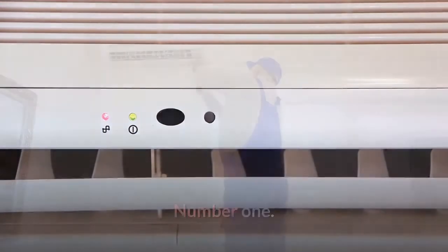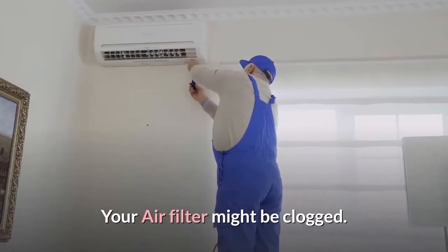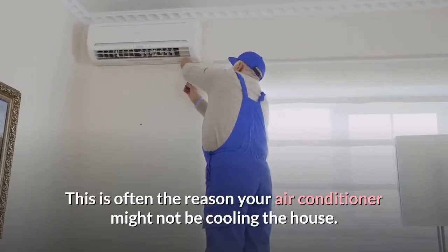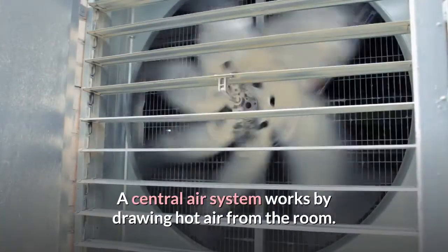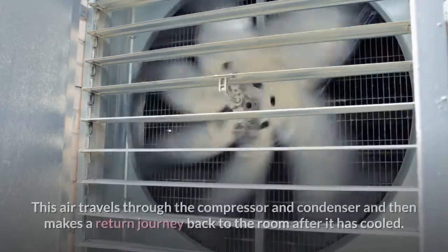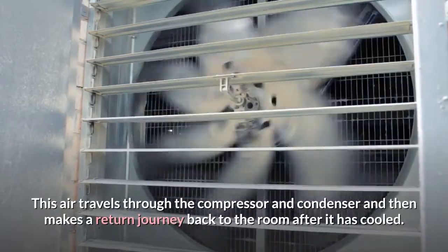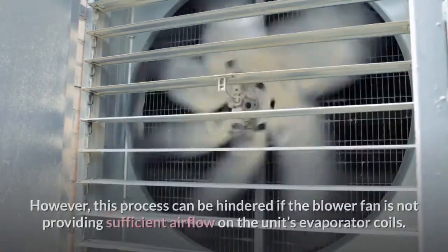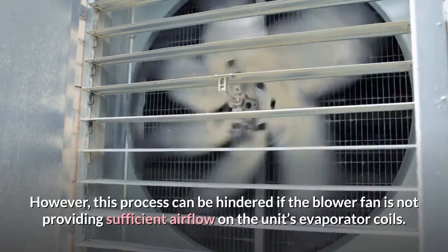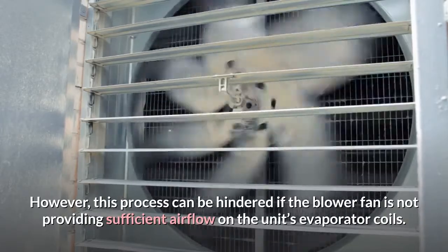Number 1. Your air filter might be clogged. This is often the reason your air conditioner might not be cooling the house. A central air system works by drawing hot air from the room. This air travels through the compressor and condenser and then makes a return journey back to the room after it has cooled. However, this process can be hindered if the blower fan is not providing sufficient airflow on the unit's